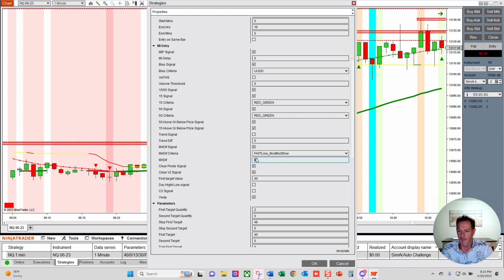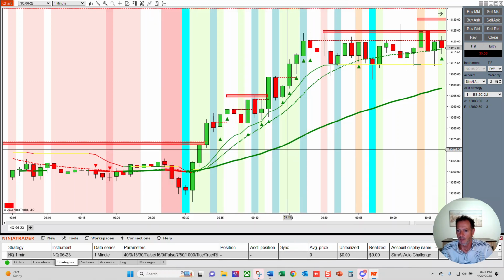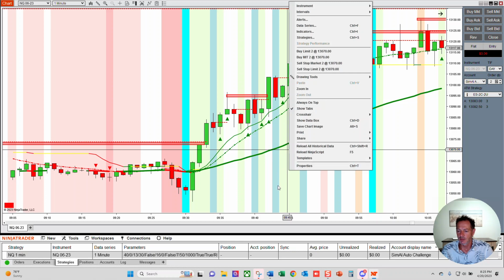So anyway, you go here, set it to 80, or 90, because price is probably going to rise a little bit off where it's at. So you want to give it enough room to still be active there. So you set the MADif in the strategy to 90, but now to get the plus signs to also show